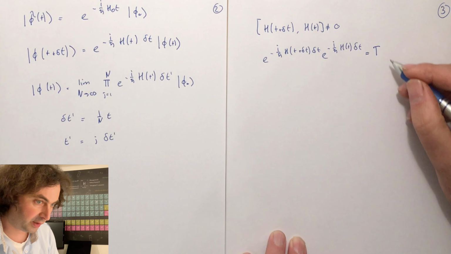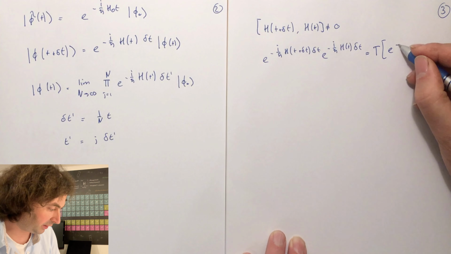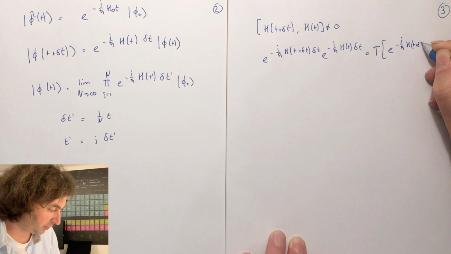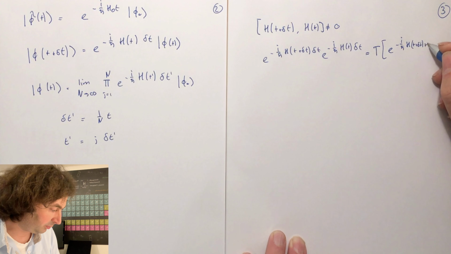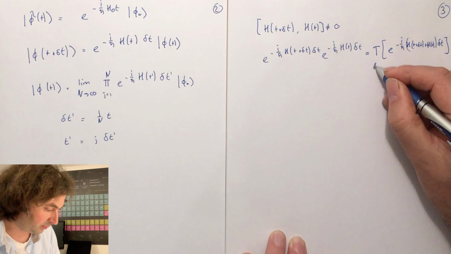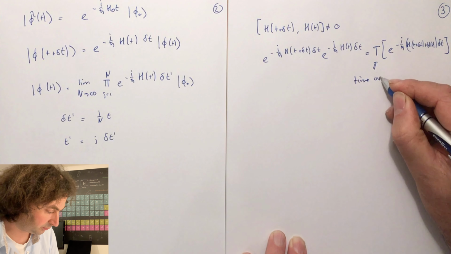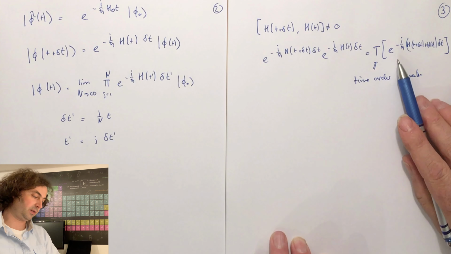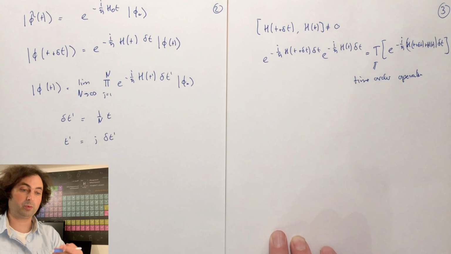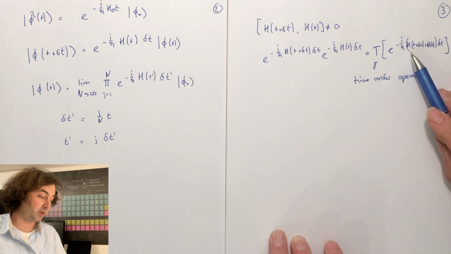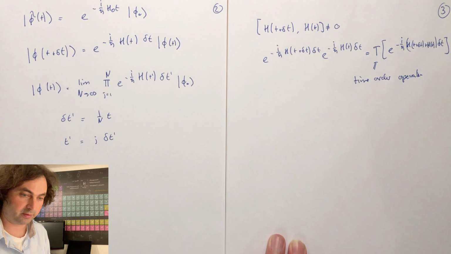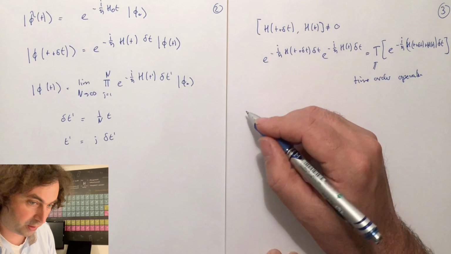So now we include the time order operator, T, e to the minus i over h bar, H(t plus delta t) plus H(t) delta t, where the time order operator states that when you write this exponential as a sum of polynomials, then you have to move the Hamiltonian at a later time to the left of the operators at an earlier time. With this notation, we can